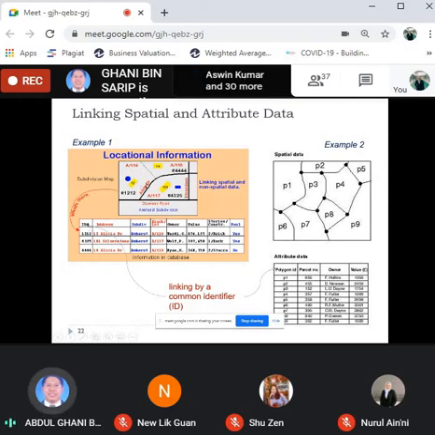In the digital data of a GIS, each spatial map or each spatial data has a unique ID, that is a parcel number, ID number 12. This is a unique identifier of this place, and then it is also linked to